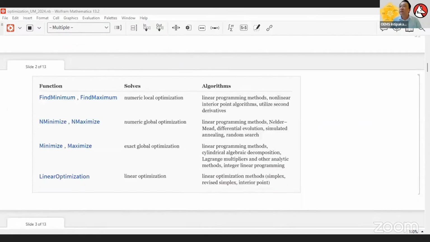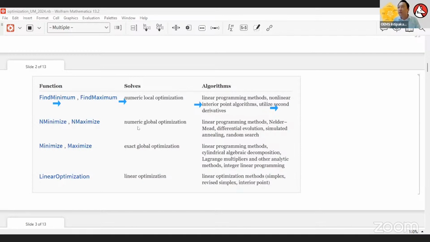Quickly here, we see I put this in a quick table so we can have a quick view of what it's all about. Here, you look for FindMinimum and FindMaximum like I mentioned. These give numerically derived local optimizations. For instance, the methods used could include nonlinear interior point, as I mentioned, and most of the time those libraries involve a second derivative.